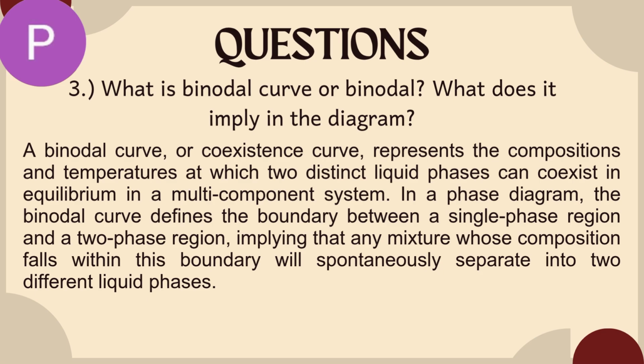So, ang binodal curve ay isang line sa phase diagram na nagsasabi kung saan stable ang isang mixture as one phase at kung saan naman siya maghihiwalay into two liquid phases. Kapag nasa loob naman ng curve, ibig sabihin hindi siya stable ang mixture kaya magse-separate siya parang oil and water. Pero kung nasa labas naman ng curve, stable siya as isang buong solution. So, in simple words, labas ng curve, homogeneous or one phase. Loob ng curve, maghihiwalay or two phases.